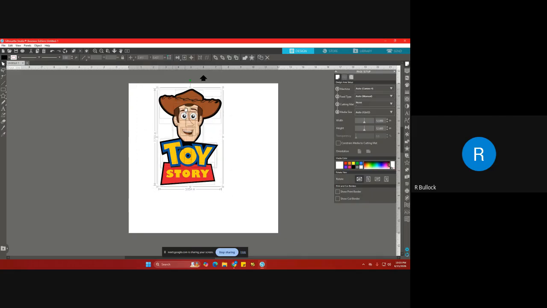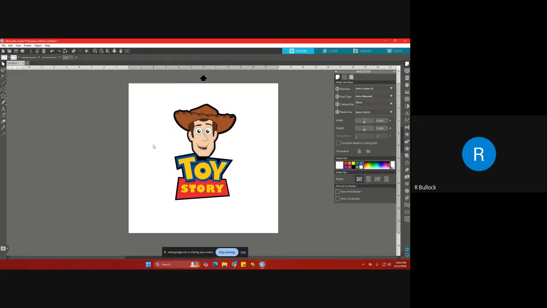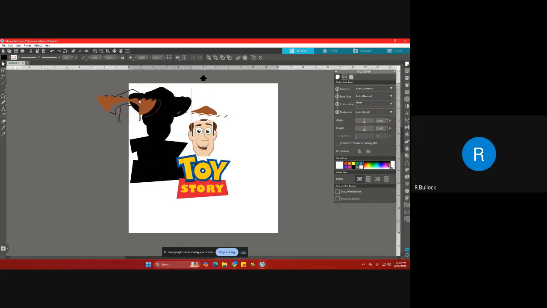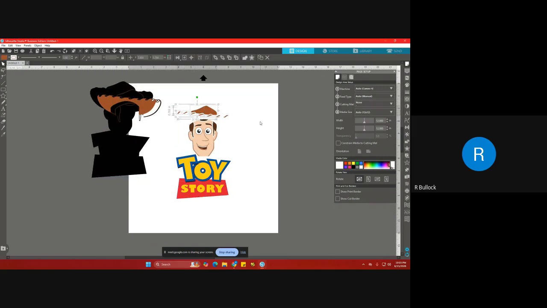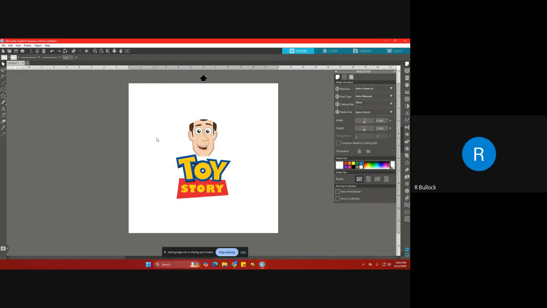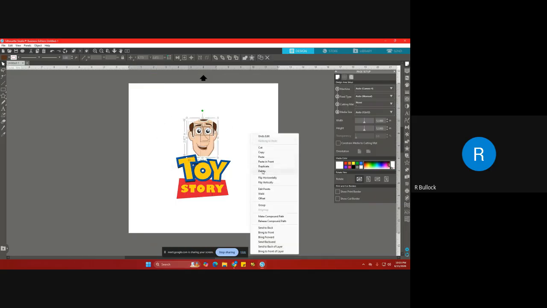I'm going to highlight all of it. I'm going to drag my mouse cursor over all of it and just move it down just a little bit. Now, we're going to have to do some work and clean this a little bit because we're not using the whole image. So let's start with removing the hat. You can just grab the pieces like that and just highlight them and delete them, because we don't need them. We're not using them. Delete,